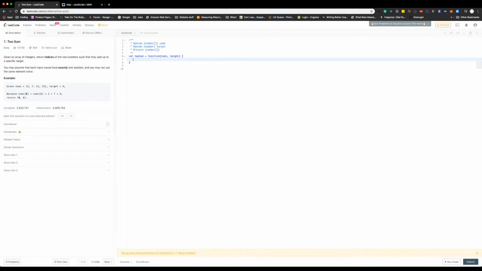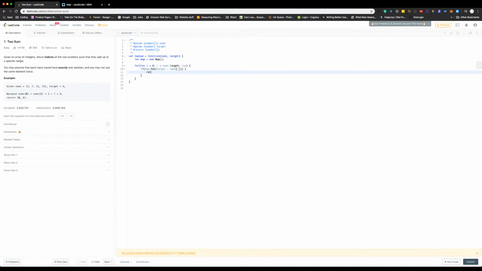So how do we do that in code? We can do that with a map, and we can declare a new map here, and we want to iterate through the array. So we'll do a standard iteration of the array, which is not bigger than the length of the array. And first we want to check to see if the value is in the map, and we do that by saying if map has the target minus nums at I,